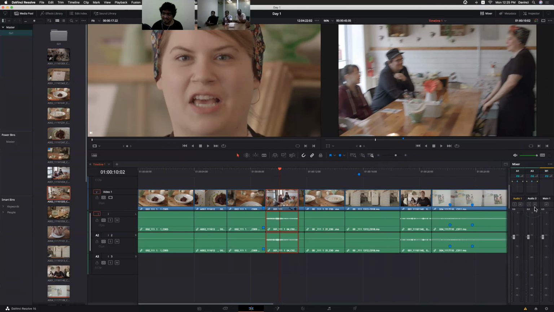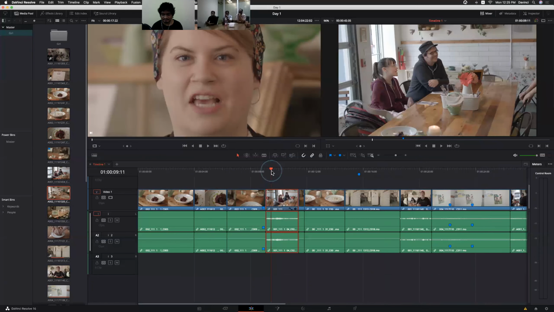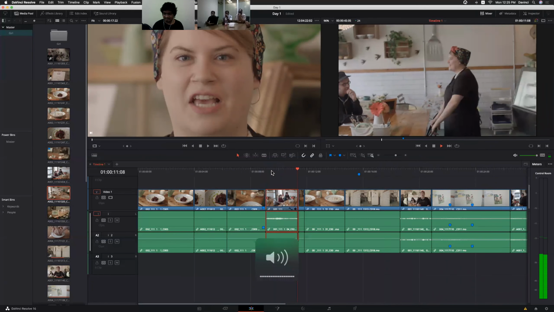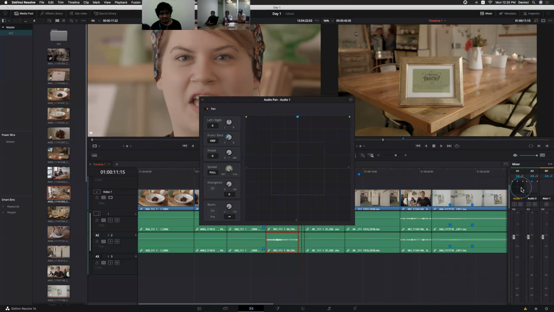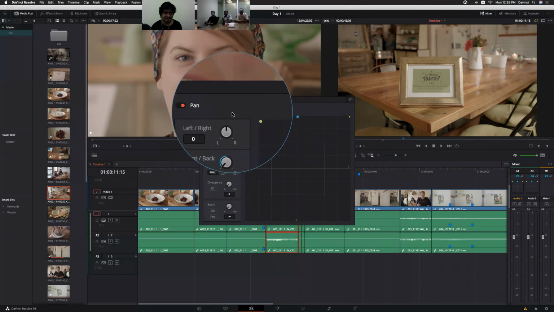If you want to see the audio meters, minus 20 means it's very low audio. Okay, audio mixer. And we'll even discuss the advanced options of audio within the edit page,